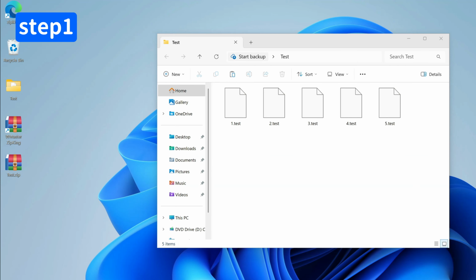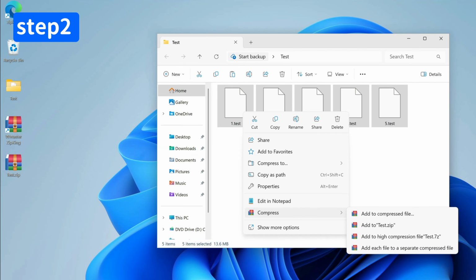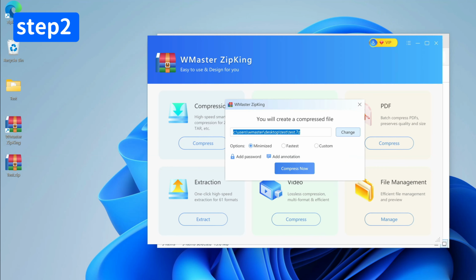Step 1. Find multiple files or folders that you want to zip and right-click to open the file folder window. Step 2. Find and select Compress in the Compress submenu. You can see four options. When you choose Add to compressed file, you can customize your destination folder, compressed file name, and compression type, or